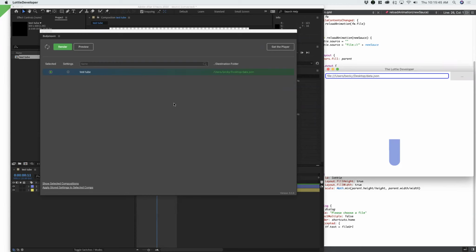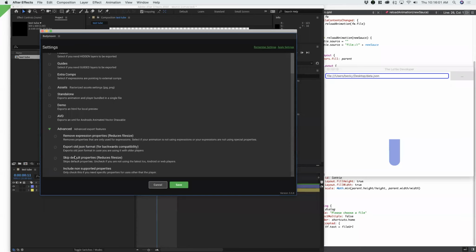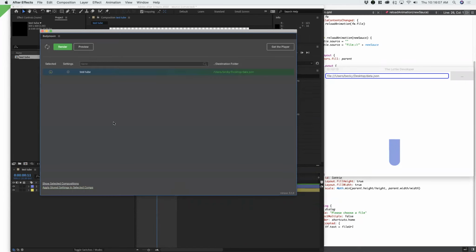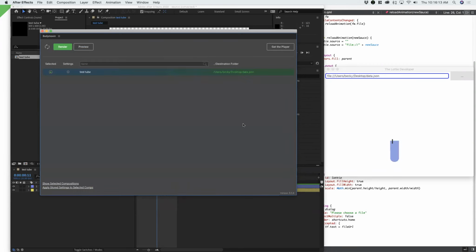As I mentioned, the specification for Lottie is not a formal specification as per W3C, it's an Airbnb GitHub specification. It has changed over time. So what we need to do to run with Qt Lottie is head into the settings, toggle the advanced, and ensure that export old JSON format is selected. If we save that and then render again, we should see